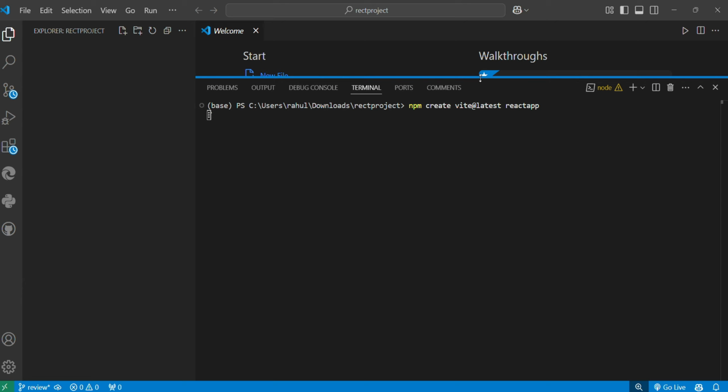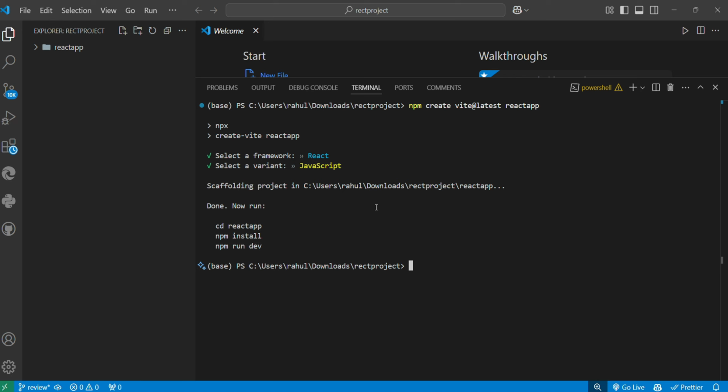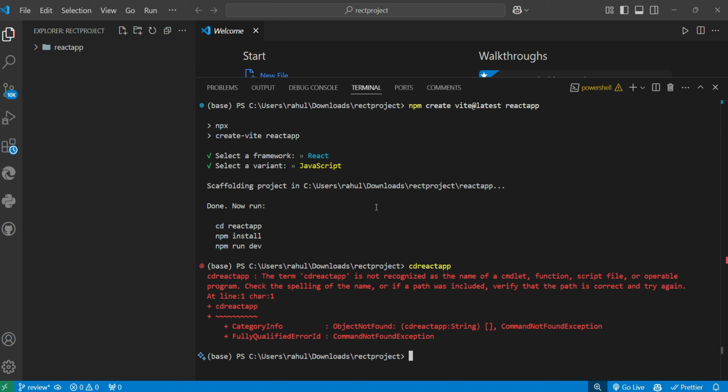It may take a couple of minutes to create the folder, and this Vite is responsible for designing the folder structure for the React project. Okay, now select the framework React, and in variant select JavaScript, and now type the command cd and your created folder name. Oh, accidentally I left a space in between my cd command and the project name. So remember that, take care of the space between cd and project folder, otherwise you may also face this error.